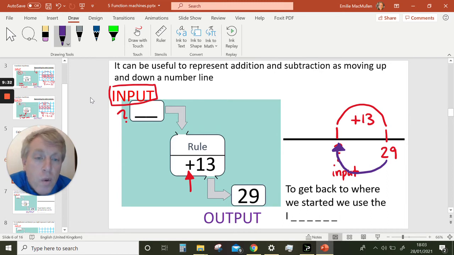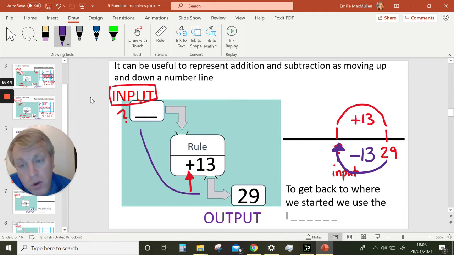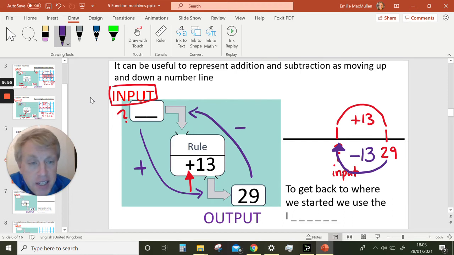Well, we started with the input and we went forward 13. We've got to do the opposite or the inverse. So on this model, we're adding this way. But when we want to work backwards, we're doing the opposite, the inverse. So we're doing 29 take away